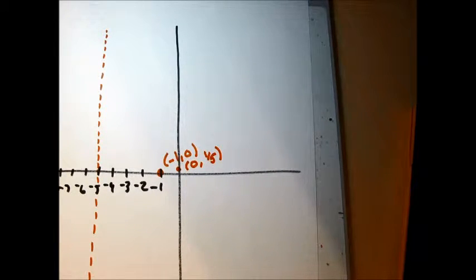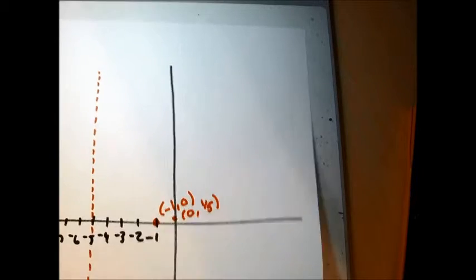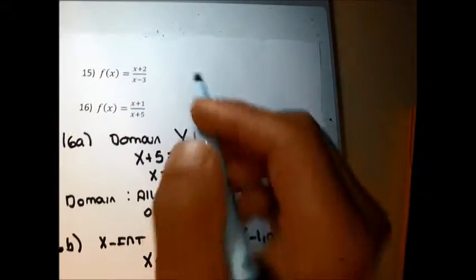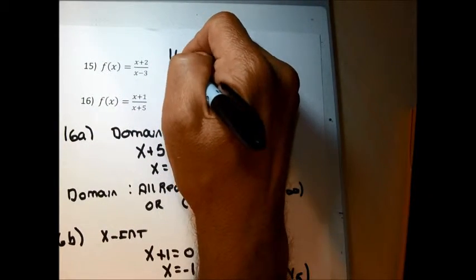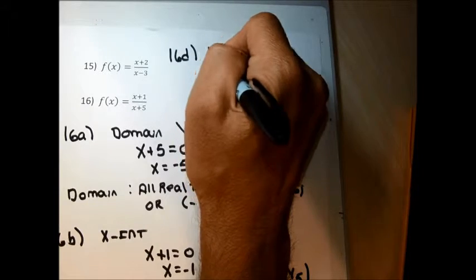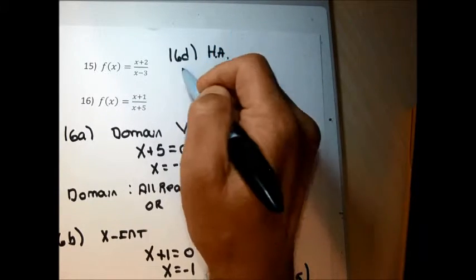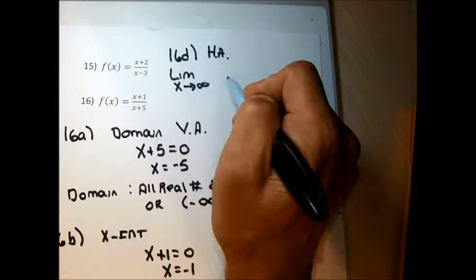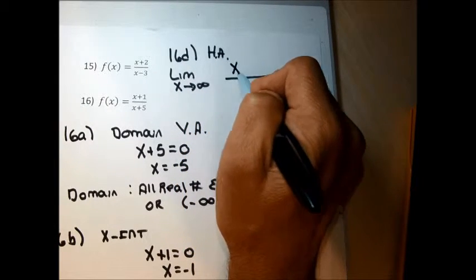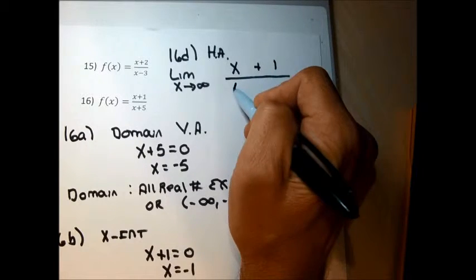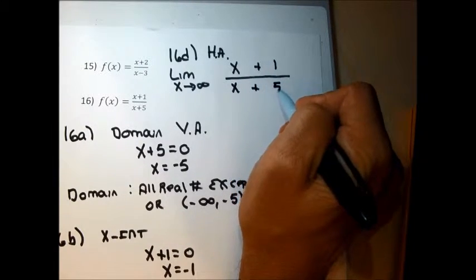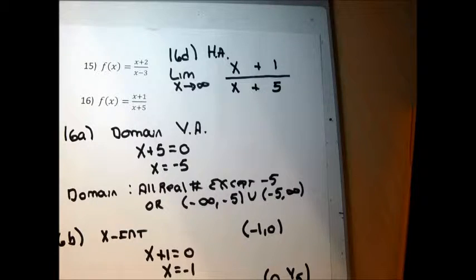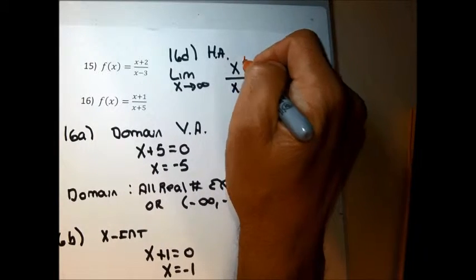Alright, so now I'm to the horizontal asymptote. So the horizontal asymptote, we technically need to do a limit as we go to positive and negative infinity, but it's enough to do just the positive infinity. So for 16D, it's the horizontal asymptote. I'm going to do the limit as x goes to infinity of the fraction x plus 1 over x plus 5. Just like I did in the last problem, I'm going to multiply each